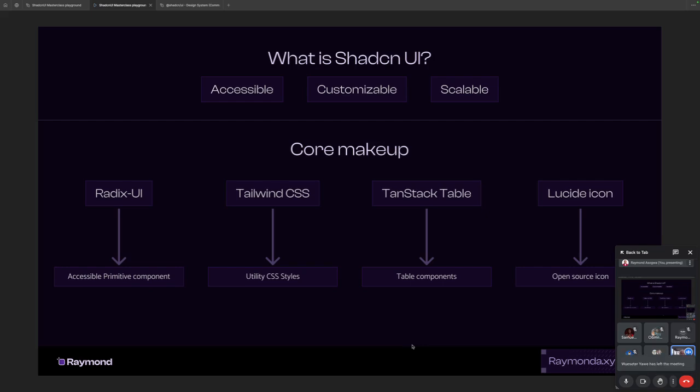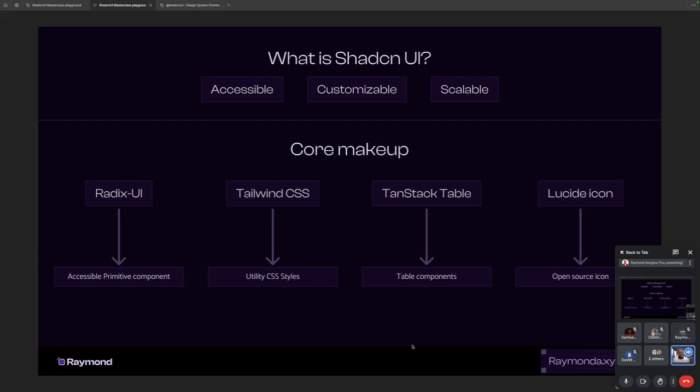And one of the tools that Shadcn is using is Radix UI. Radix UI is also a component library, but it's called primitive components because they don't have styling. So if you open a Radix UI button, there's no style on it, but it is 100% accessible. So that is what Shadcn builds on. And Shadcn uses what is called Tailwind CSS, which is a CSS style to style the component. And developers already are familiar with using Tailwind CSS. So it's more efficient than writing the regular CSS styles that we write when you're creating a HTML and CSS